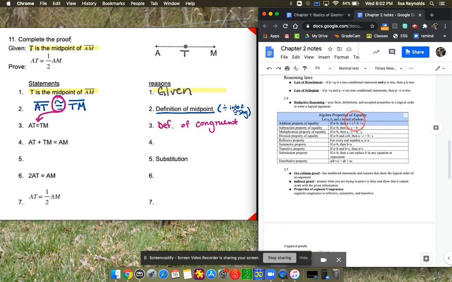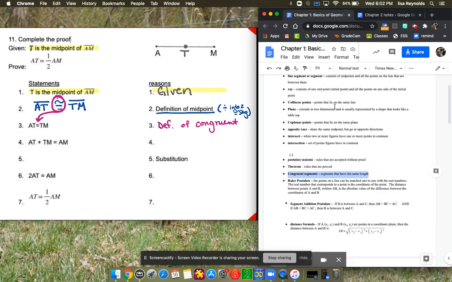So did I have something that was equal and I added an addition to both sides? Well, I have AT equals TM, but I didn't put the same addition on both sides, so it's not that one. The substitution property can also work with this, but I have to have an existing addition problem and I just replace. So the substitution, if I already had an addition problem and I replaced a part of it,